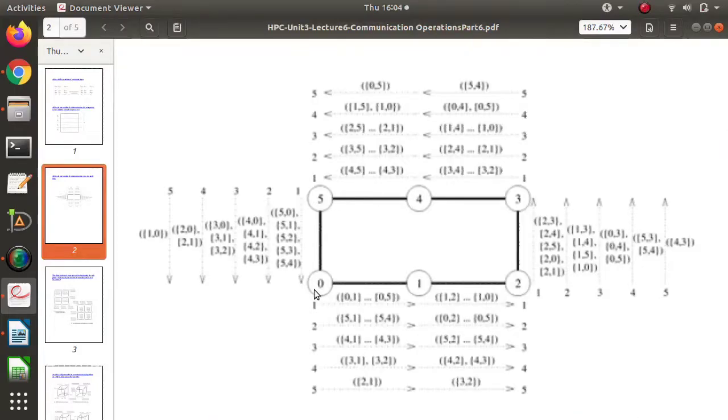Likewise, all to all personalized communication is done over ring topology. So it is very